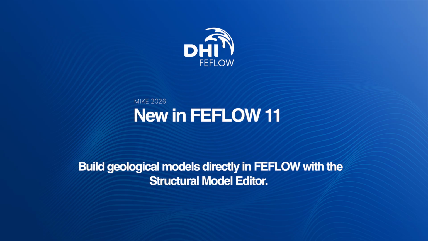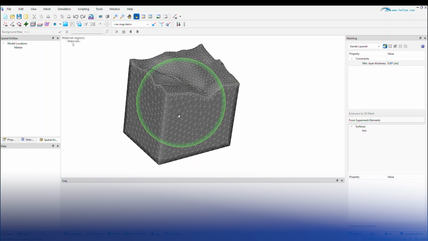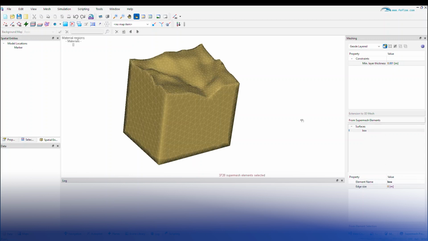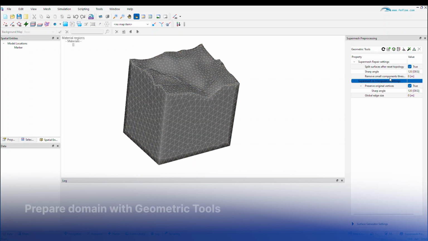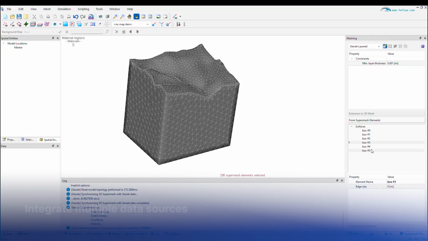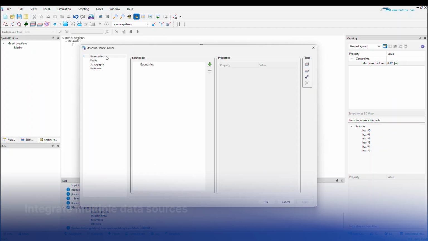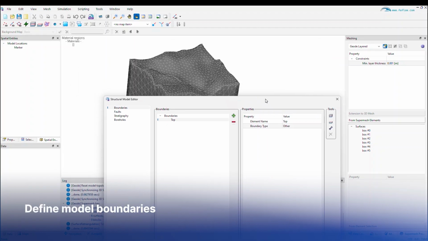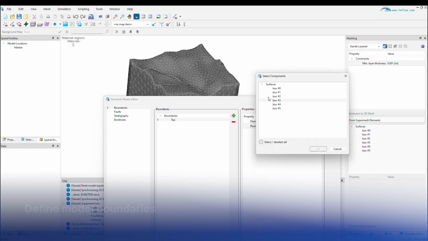Let's take a look. First, enable the model extension in your Supermesh project. If you're working with external datasets, the geometric tools help you quickly prepare your initial domain. With the editor, you can combine borehole data, fault networks, and stratigraphic sequences to define a complete modeling domain, ready for discretization. Use the boundaries page to define the extent of your geological model through a collection of surfaces and